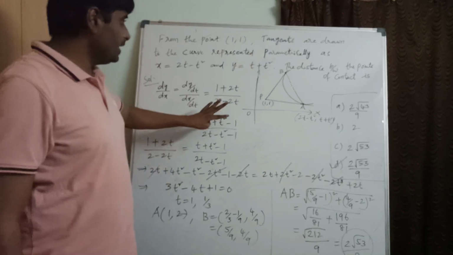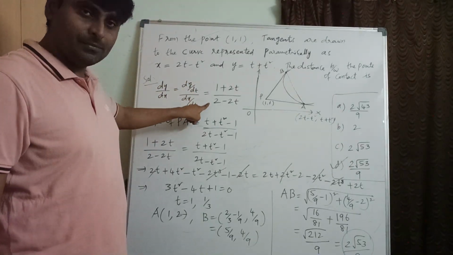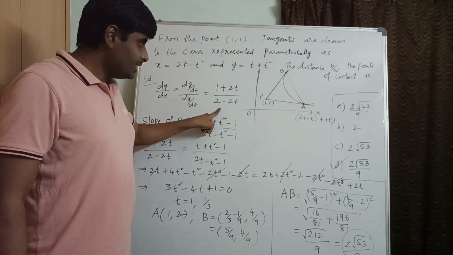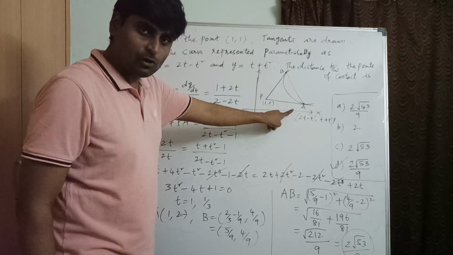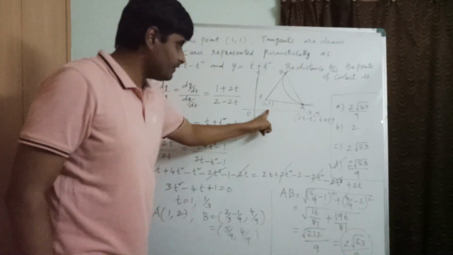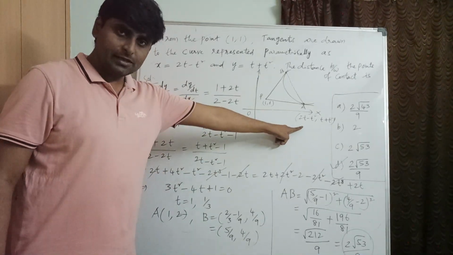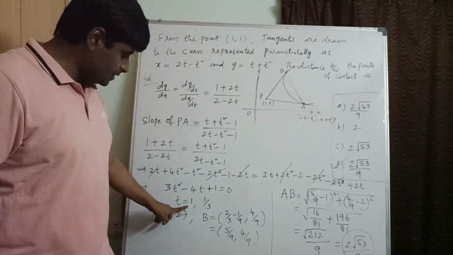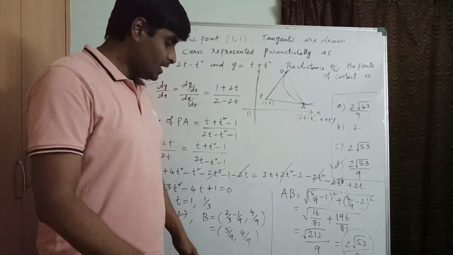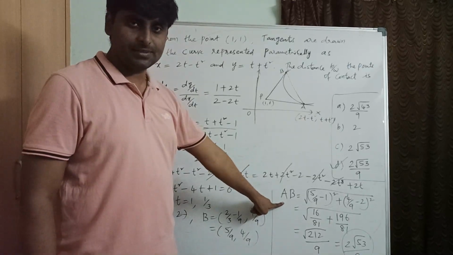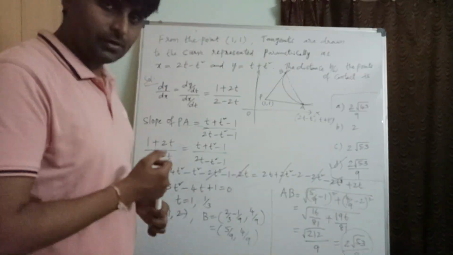And anyway, simple. Here one thing you have to understand: slope obtained in parametric form, that is dy/dt by dx/dt, is also equal to slope of any tangent on the curve. So let me take PA slope, two-point form, slope (y2 minus y1)/(x2 minus x1). Equate, will get two values for t, substitute. If you substitute first value of t, will get first point. If you substitute second value of t, will get second point. After getting 2 points, finding distance between these two is very easy. I hope you can understand. Clear? So pause the video, make a note of it.